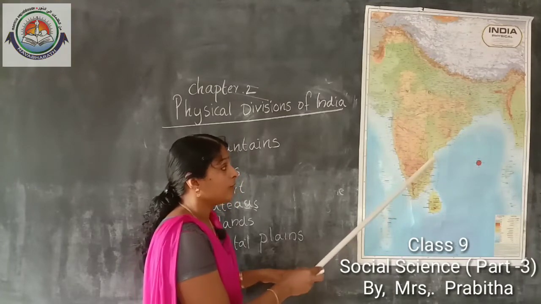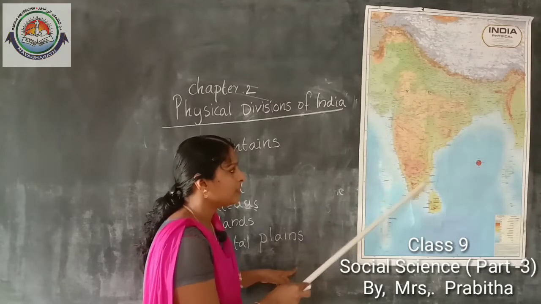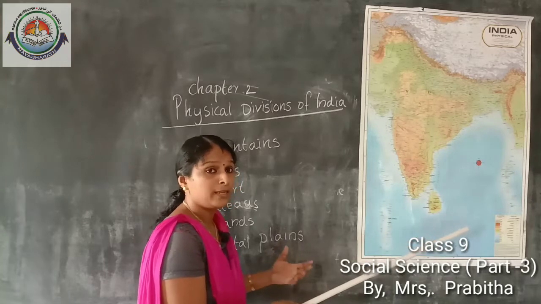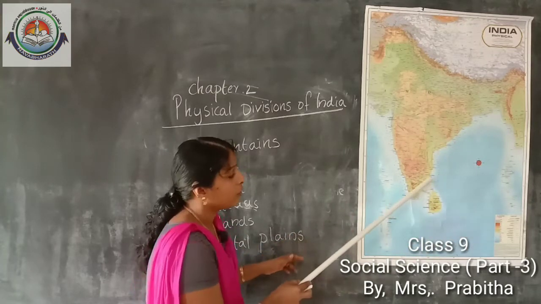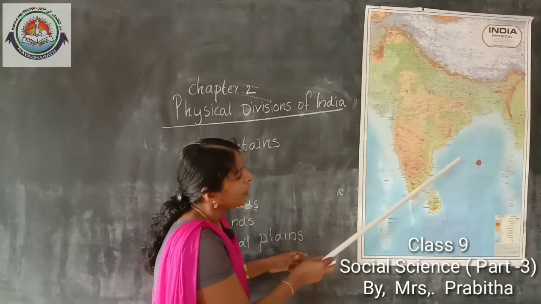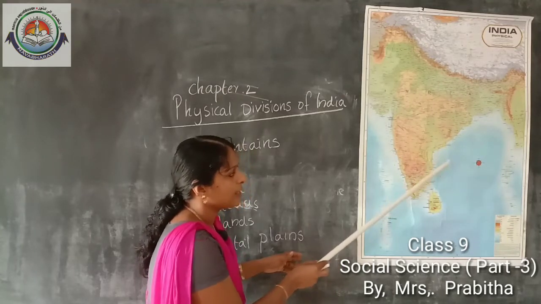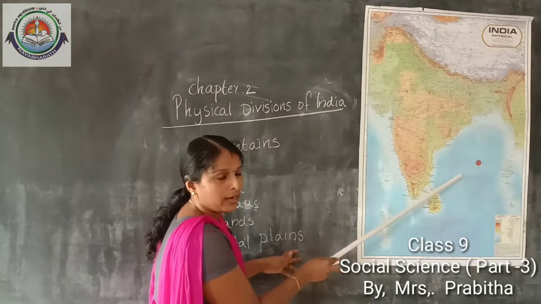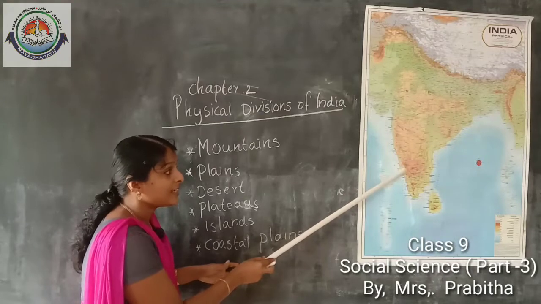They are called Eastern Ghat and Western Ghat. Eastern Ghat is here and Western Ghat is here. Coastal plains means it will be near the sea or ocean, isn't it? So eastern coastal plains are in between Eastern Ghat and Bay of Bengal, and western coastal plains are in between Western Ghat and